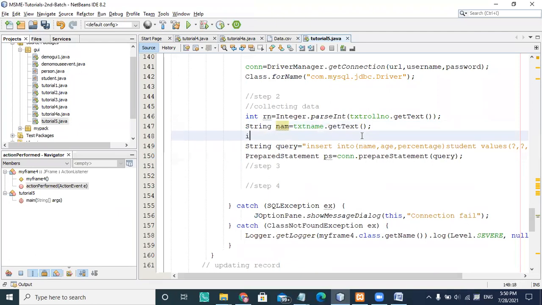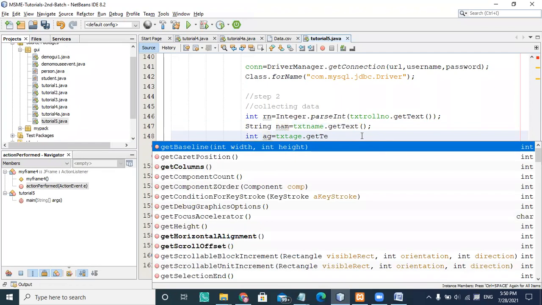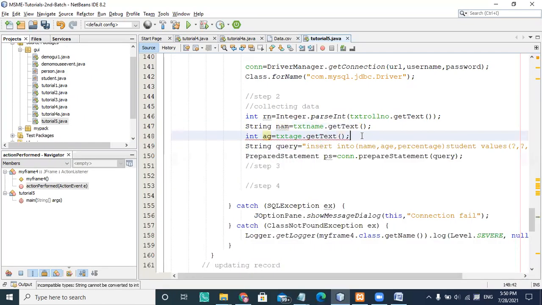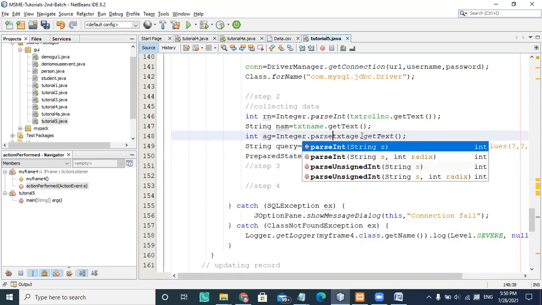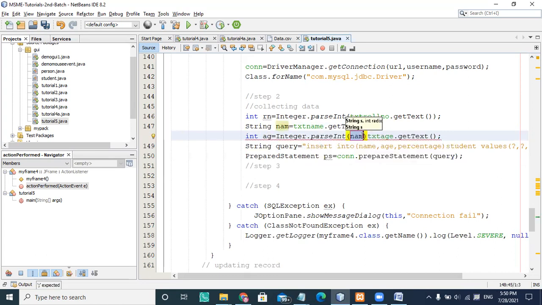Now the third part is age. Again, I need to do parsing, because txt age get text is returning string kind of data, and I want to convert it into integer kind of data. So I'm choosing parsing here. You are already familiar with the wrapper classes called Integer, Double and Float.